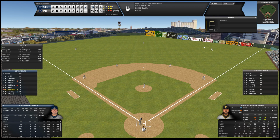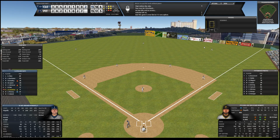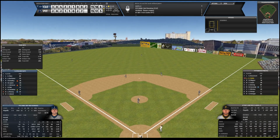Brad Donahue with the chance to do something here. They pulled a double switch earlier in this game. They took out Harry Bemis, who was 0 for 5, and put Fred Abbott. They didn't think that this would be a big deal because they were up by so much. But